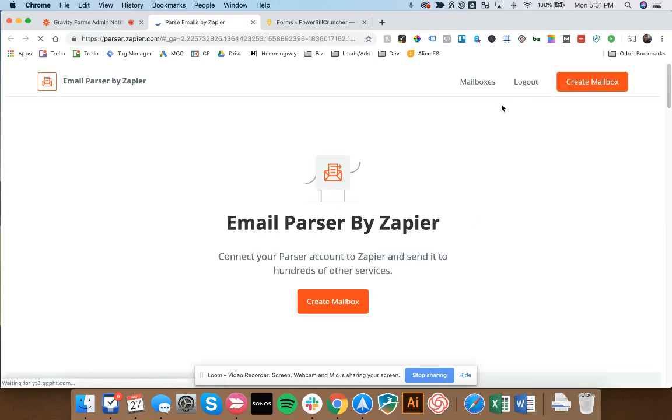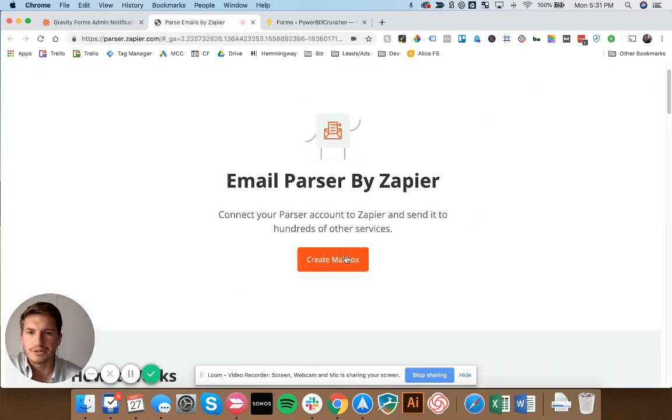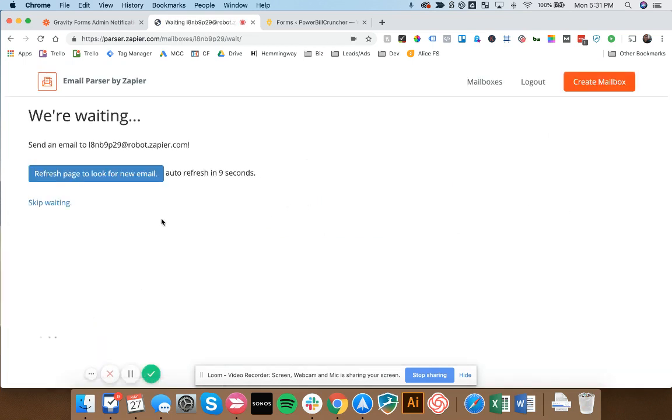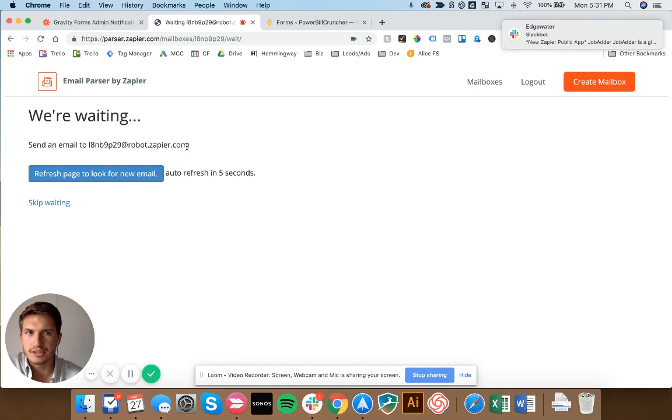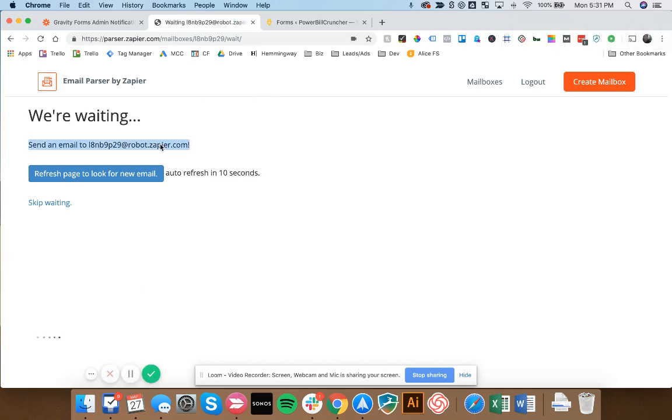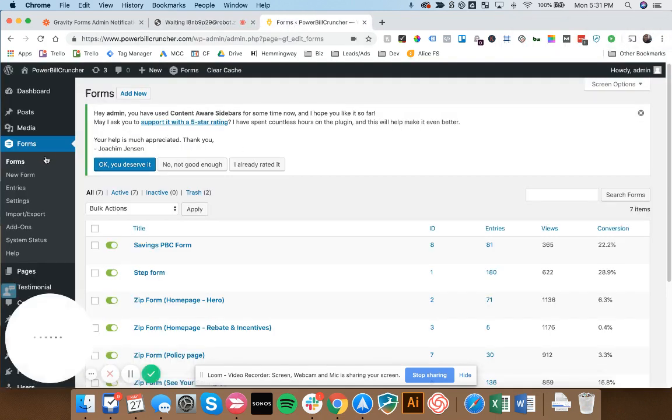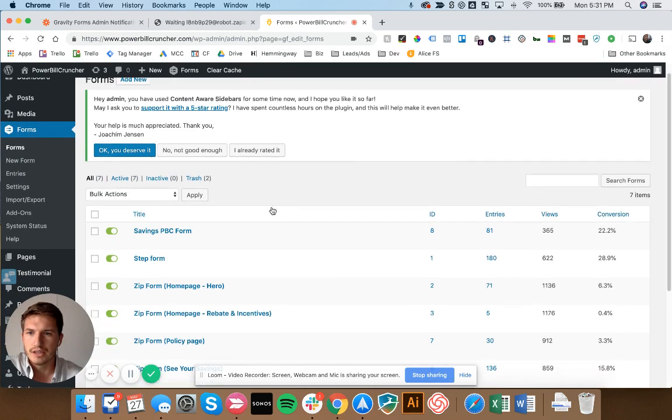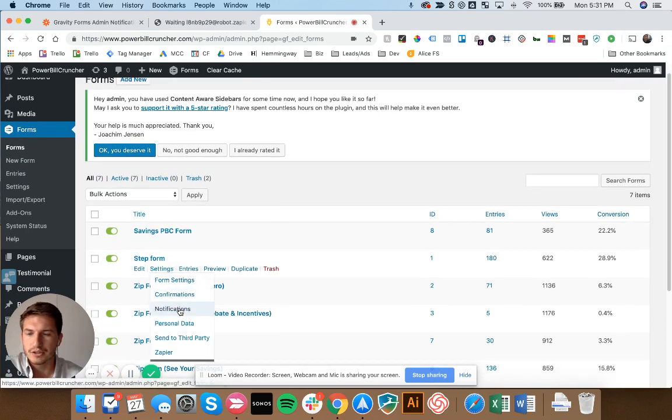So in the parser, you'll go ahead and hit create mailbox. So it's going to give you this ID right here, which is essentially the email address that you need to have your emails go to. So you're going to take this address, you're going into your forms inside of WordPress, and you're going to go to the form that you want,